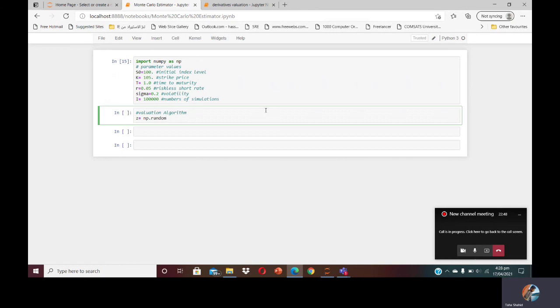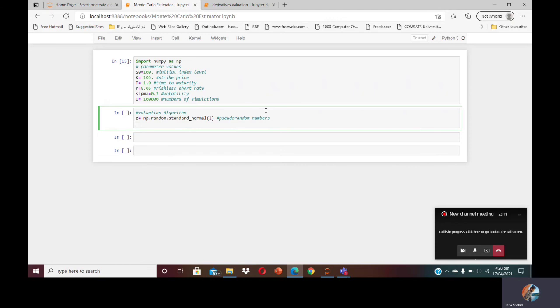np.random.standard_normal(I) is our procedure for random numbers. Okay, then we will set the index values at maturity, ST is equal to S0 multiplied by